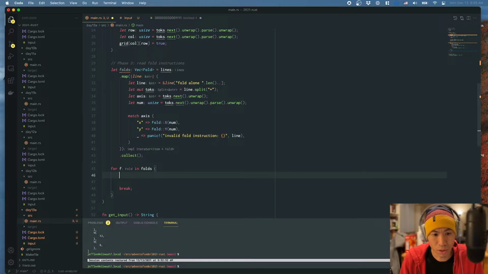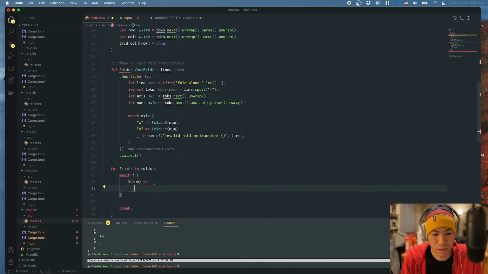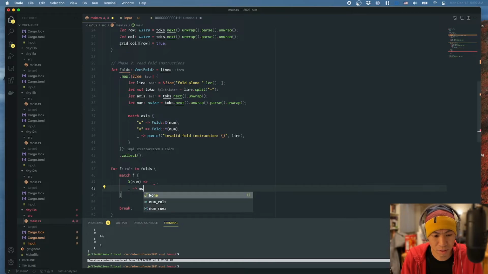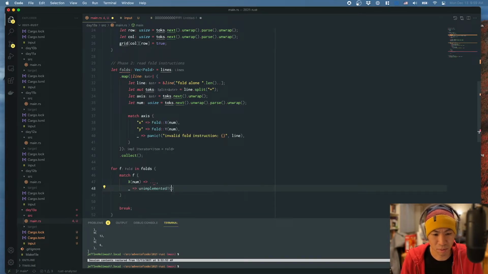And we are going to do a match on the fold type. And if it's an x, what I call this num, we're going to do something here. And if it's y, anything else, we're just saying it's not implemented yet, right? Is there a not implemented macro? Unimplemented. Perfect. That's what I was looking for. Okay, so here,